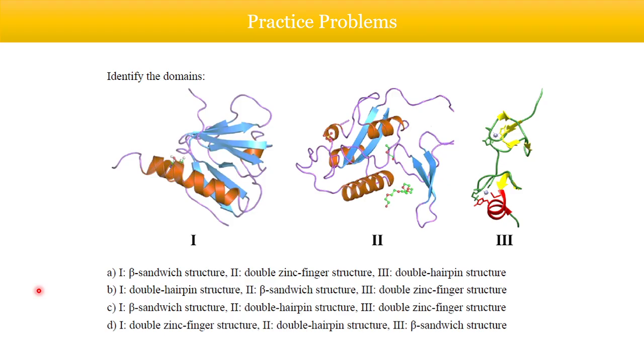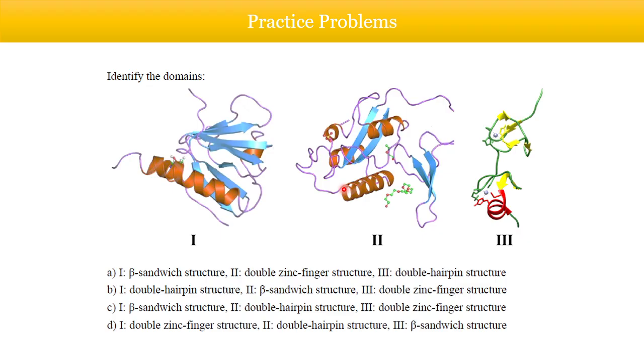So the first one, you can see from there, it's a beta sandwich structure, rich in beta strands. And the last one is also very simple because it's a double zinc finger structure. You can see there are two zinc ions present, and the middle one is